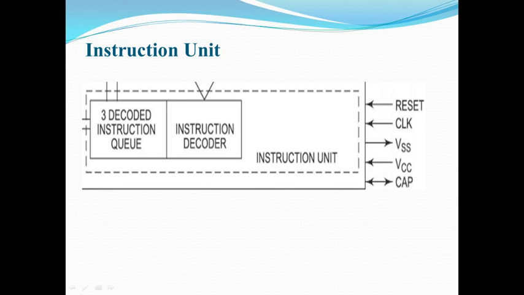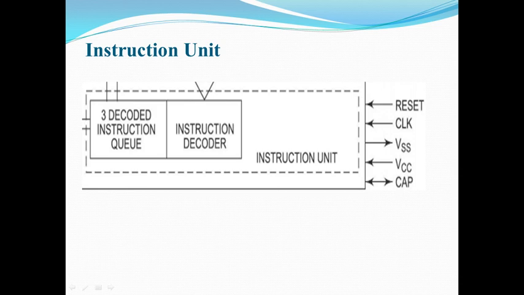The instruction unit accepts the instructions from the prefetch queue, and the instruction decoder decodes them one by one. The decoded instructions are latched onto the decoded instruction queue. The output of the decoding circuit drives a control circuit in the execution unit, which is responsible for executing the instructions received from the decoded instruction queue.